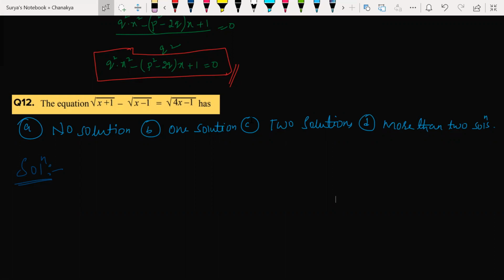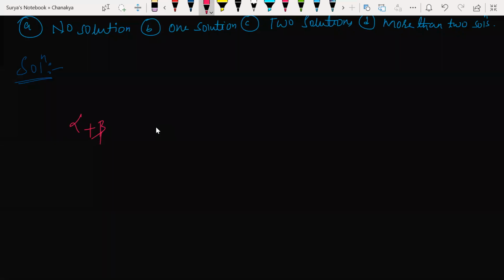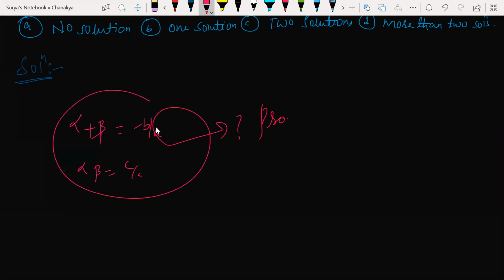No, I know how to prove the minus b plus minus root formula. That I know how to prove, not this way. What I'm asking is, leave this question for a while. Look at this here. Let alpha and beta be the roots of a quadratic equation. The sum of the roots is minus b by a, and the product of the roots is c by a. So how are we saying this? What is the proof behind this?